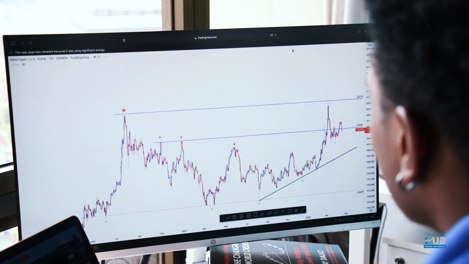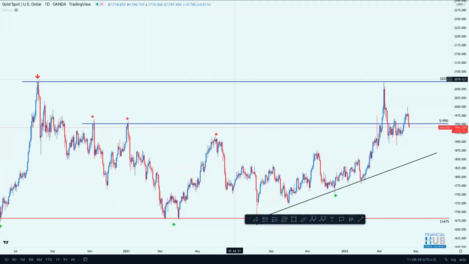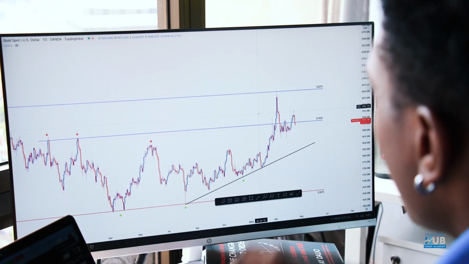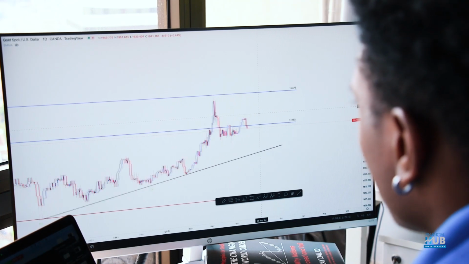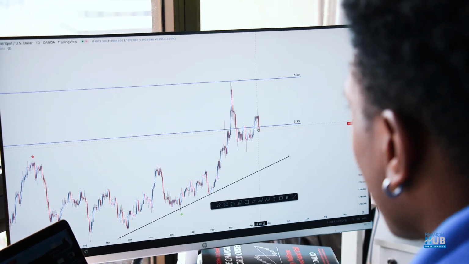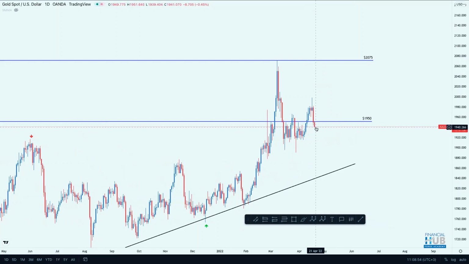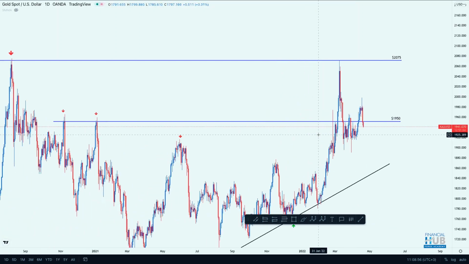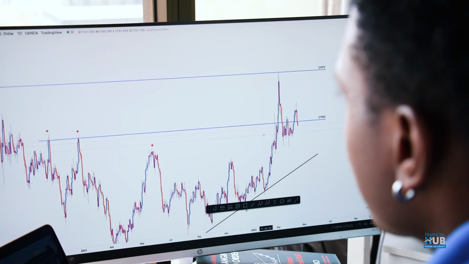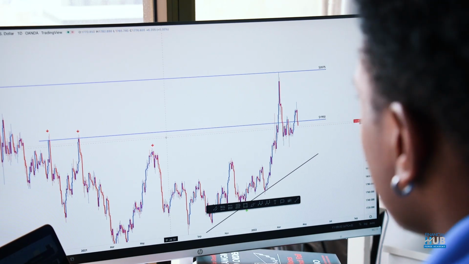Let me go full screen. You can see this first touch here, and now we've gotten a second touch here. Very good rejection of that level. You can see how market came back down with a lot of momentum after that level was hit. Okay, and the next resistance or support level, that it's now resistance turned support turned resistance again, is the 1950 resistance level. You can see this line over here, a very good resistance, first touch, second touch.